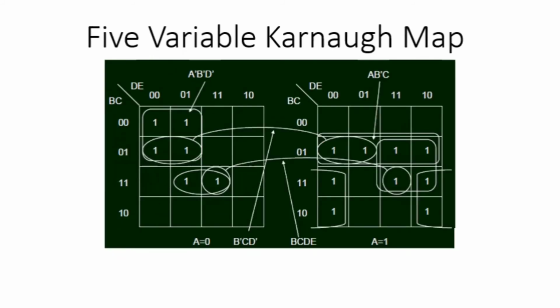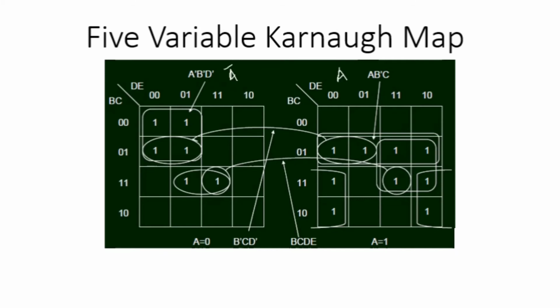Okay. Similarly, a 5 variable K-map can be solved. For 5 variables, I can eliminate A and prepare two separate K-maps: this one will be for A bar and this one for A. Okay. And the rest of the rules are the same. But the additional rule which we have to remember is that if a group is being formed at the same location in these two cells, it will be considered of double size.